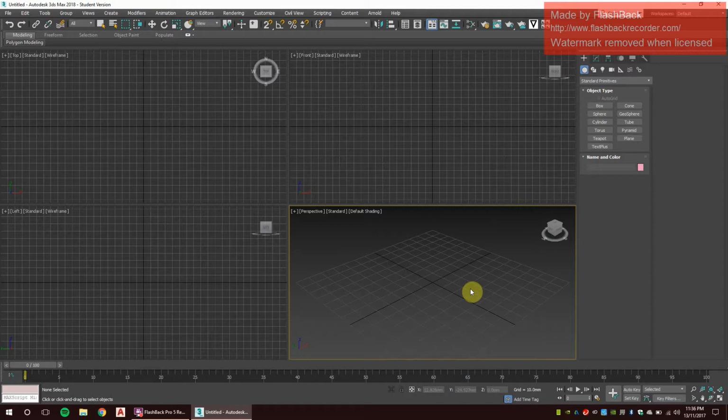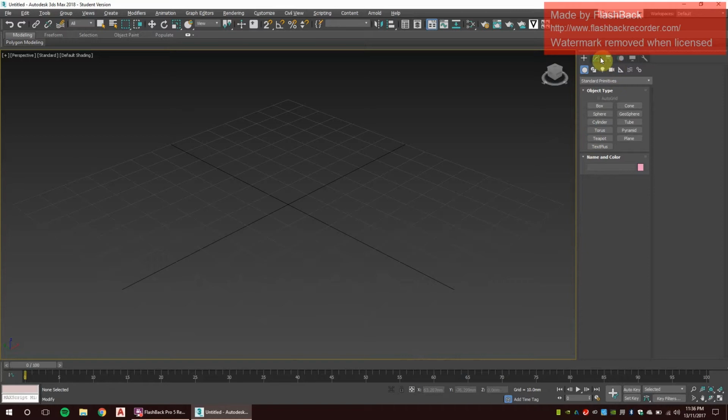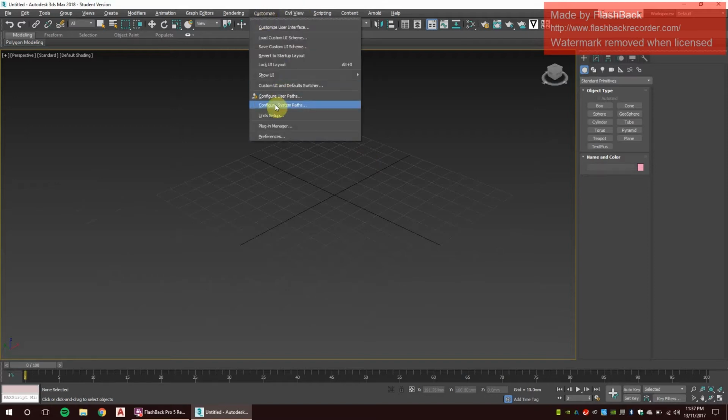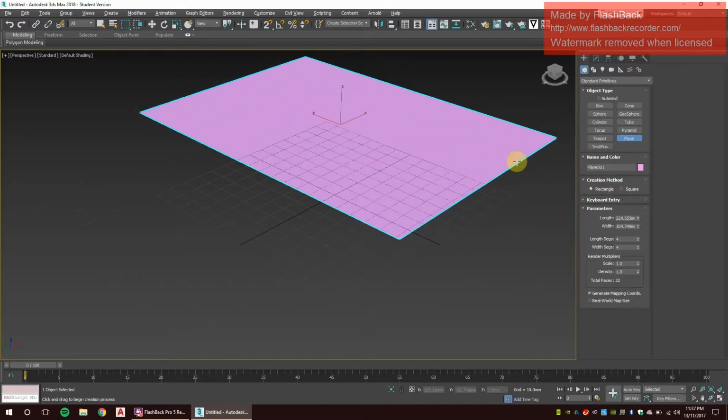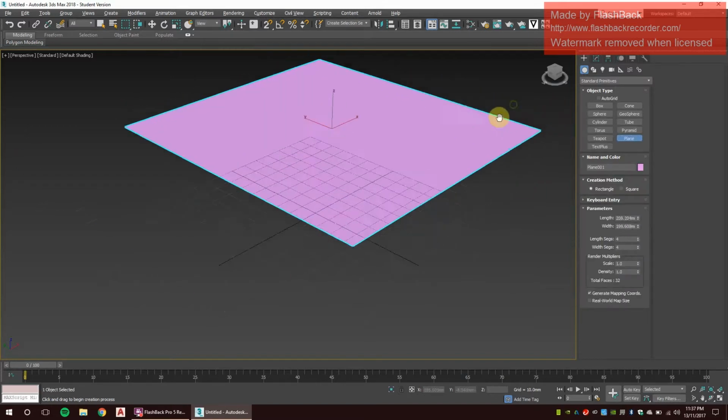To download Greeble, you just go to the Mr. Clanky website, which is in the description box. After downloading Greeble, it should pop up within the modifier list, and you install it through the customize and configure system path. So I guess we'll start by creating a plane, which will be defining our city, and